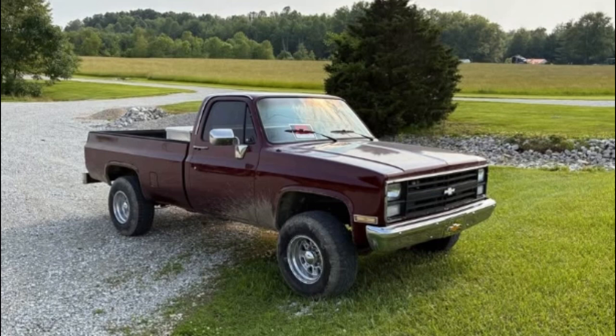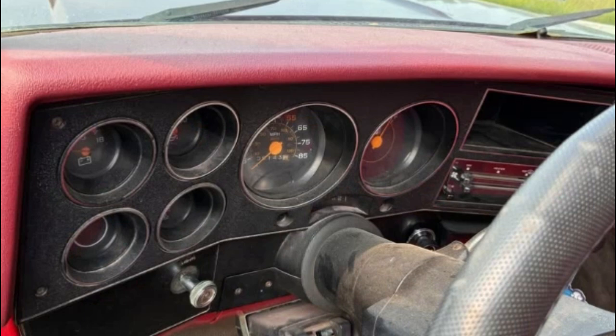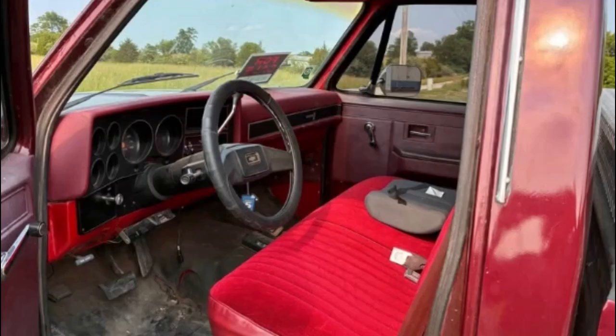The rockers, doors, and cab corners are all in good shape, and while the bed does require some patch panels, especially around the top of the wheel wells, the overall body condition is promising. This is a truck that drives and rides just as well as many newer pickups. Powered by a strong and reliable 350 cubic inch V8 engine paired with a TH400 automatic transmission, the four-wheel drive system works as it should, making it a versatile vehicle for both